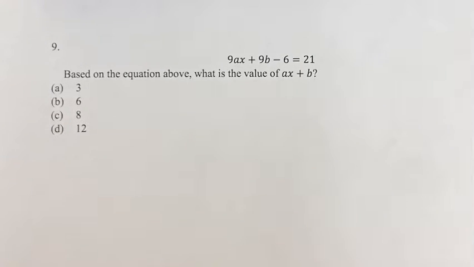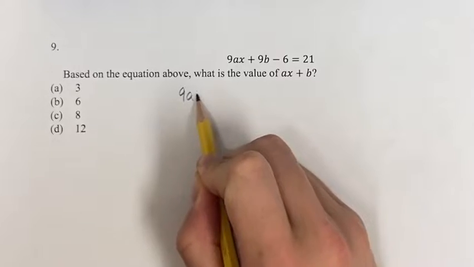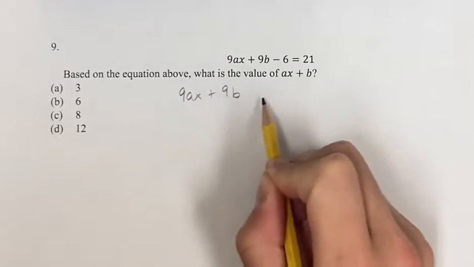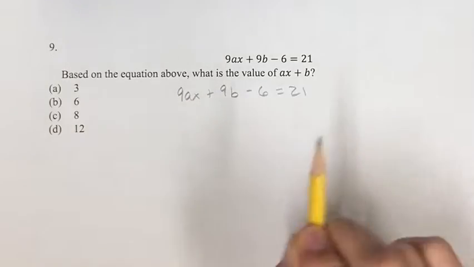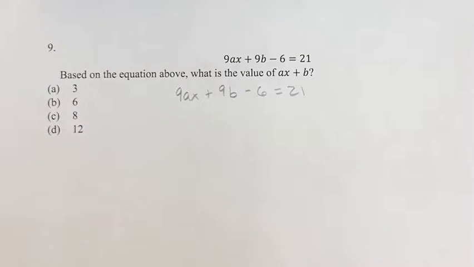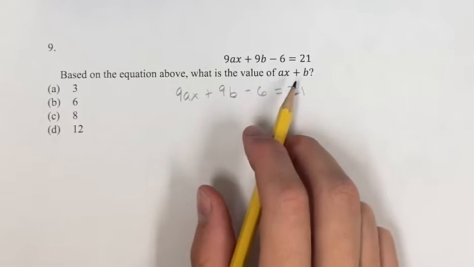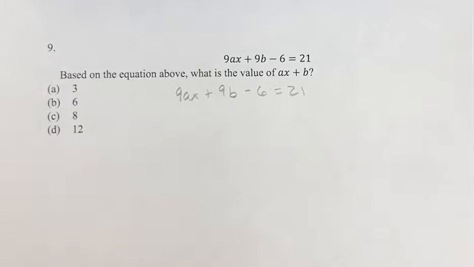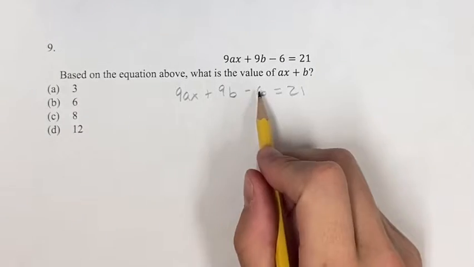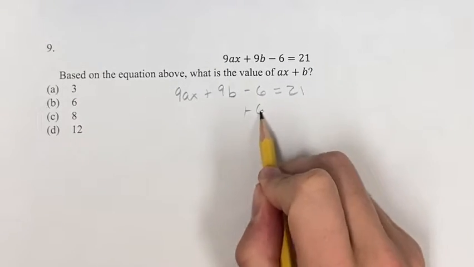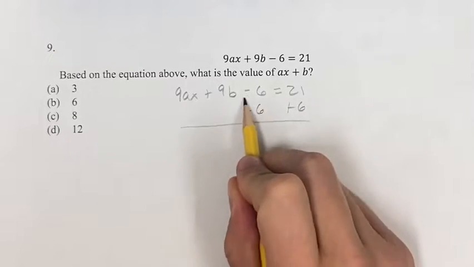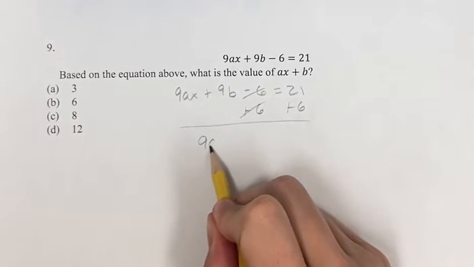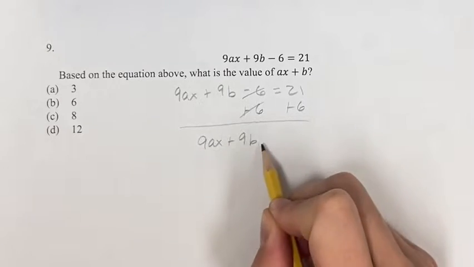In this problem, we have the equation 9ax plus 9b minus 6 is equal to 21. And we're asked, based on the equation, what is the value of ax plus b? So the first thing we want to do is get this 6 over to the other side. If we add 6 to both sides, this cancels, and we have 9ax plus 9b is equal to 21